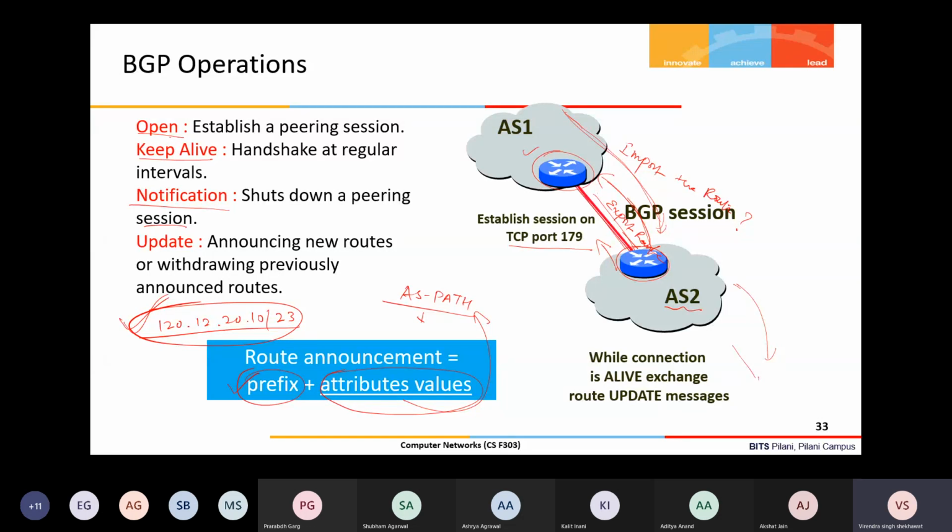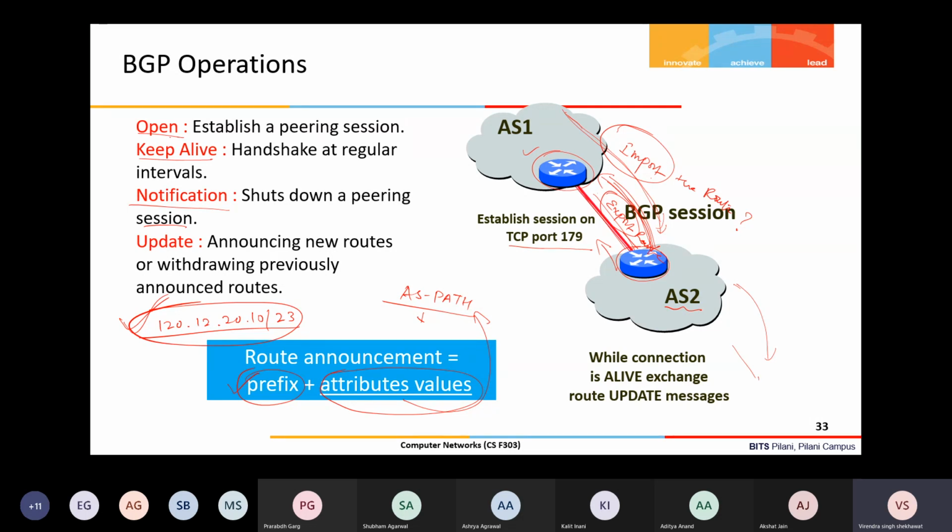That's one thing. The second important thing is that export is there. So now which route will AS2 export? That's one question. The second question is, if AS2 has exported the route, suppose based on some criteria, we'll see that criteria also, then it depends upon AS1 whether AS1 will import that route or not. For that also some criteria is used. So we call these import and export policies, which are defined in the BGP protocol.